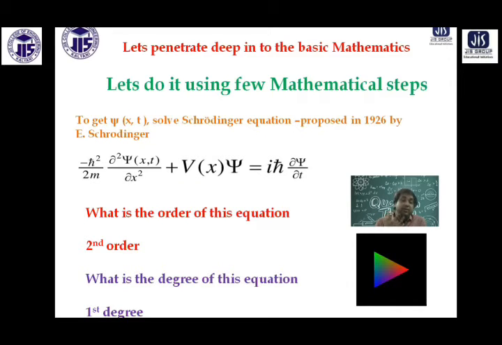Newtonian equation that you use to describe the large object mechanics, it's good. And that equation is a second order first degree differential equation. Now we are talking about mechanics of the microscopic world, where matter is exhibiting wavy nature described by a mathematical function psi. Okay, so we want to get psi, so we have to solve a differential equation. Now that equation is the Schrodinger equation, as you can see in the picture.